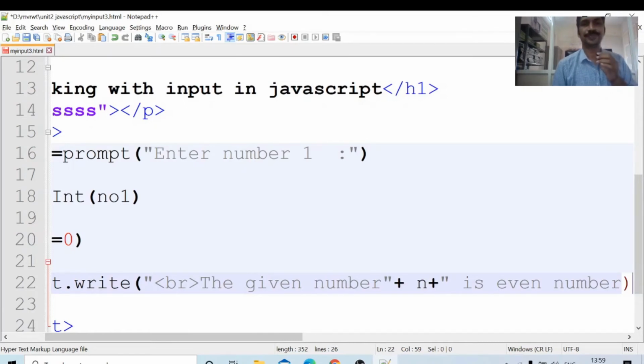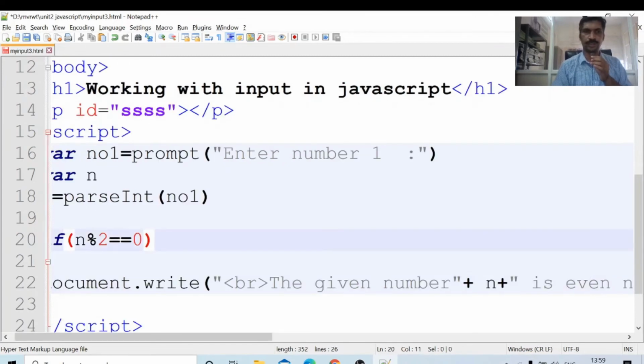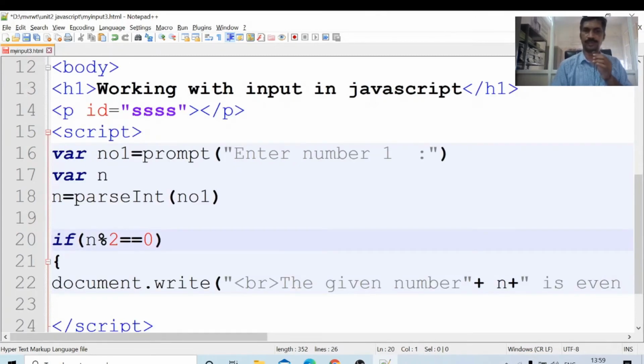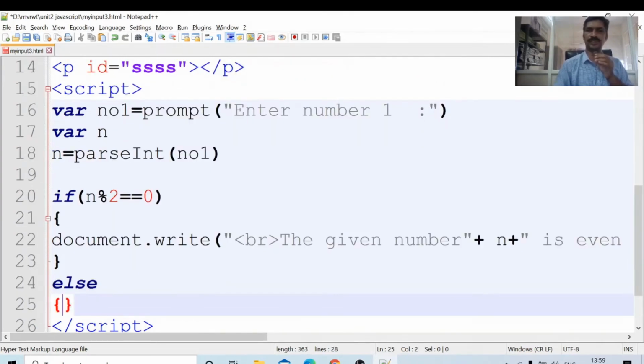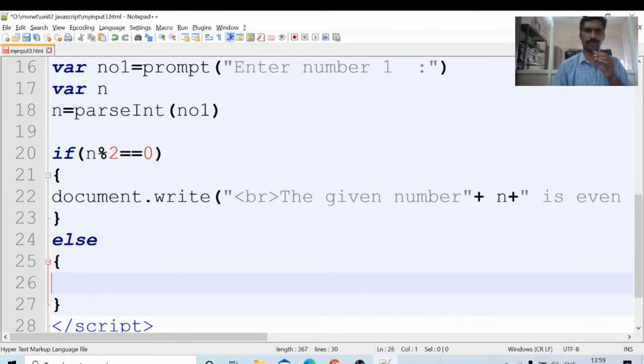The given number n is even number. If n%2 equal to 0, the given number is even number. Close the body of the if. If the statement is true, this will be executed. Else, if that is not true, no need to check n%2 equal to 1, otherwise that is odd number.